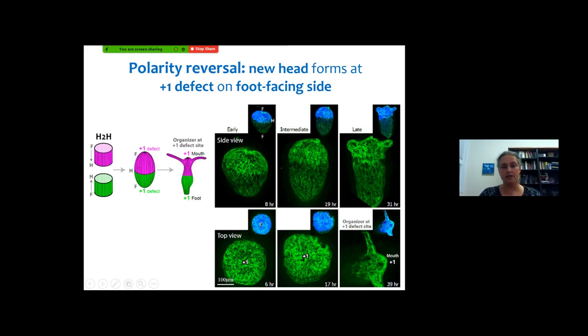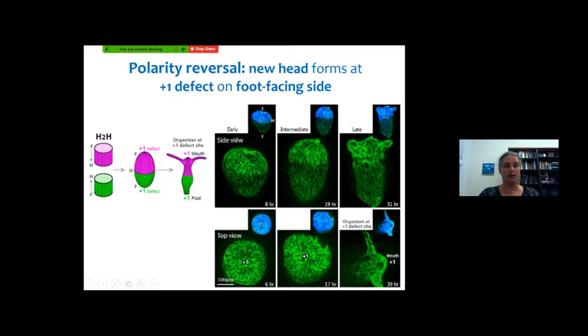You can see here images from a time-lapse movie of such a ring doublet. On the top, you see frames where you can have a side view of the tissue, whereas in the bottom, I've shown you images from the same movie where we see a top view. You see that this +1 defect forms very early on as the tissue seals at the edge. And you see that this exactly will be the site where the mouth will form when the head forms on the foot-facing side. So we have suppression of head formation at the middle, even though signaling-wise, we'd expect the head